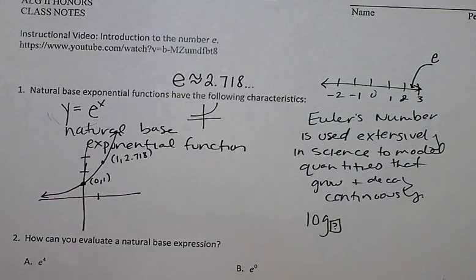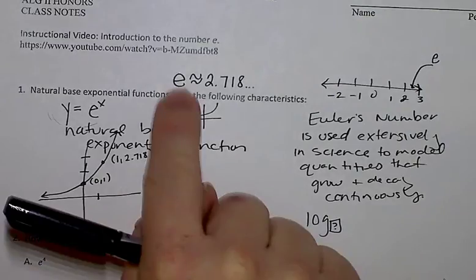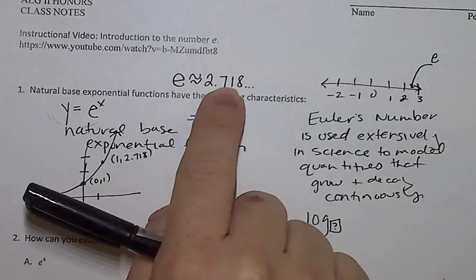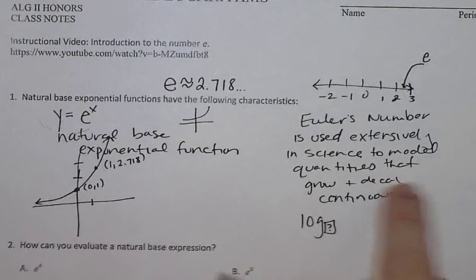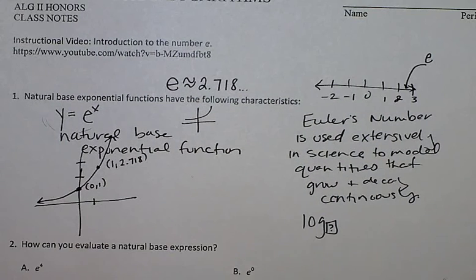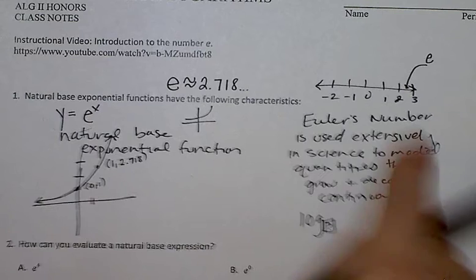So two things I want you to take away from part 1 of your notes. This is called the natural base exponential function. The number e has approximately this value, and it's called Euler's number. And even some scientists call it a magical number because it occurs so often in math and real life application problems. And it's extensively used to model science problems. Okay,